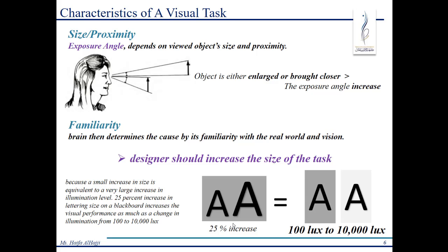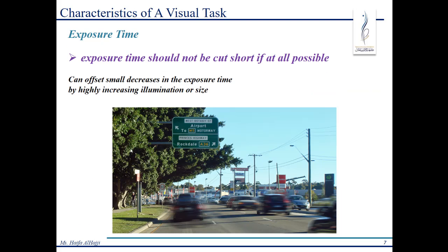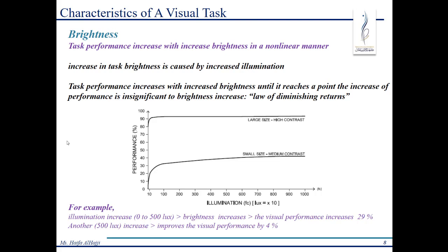increasing the task performance. Now, the increase we are getting here by increasing the size is almost the same increase in performance as the increase in illumination we have in here. Okay, we don't have to measure to actually memorize this, but we have to just understand that both of them are increasing the task performance equally. Okay, now brightness level. What we're reading in here, brightness levels will increase the performance of the task,